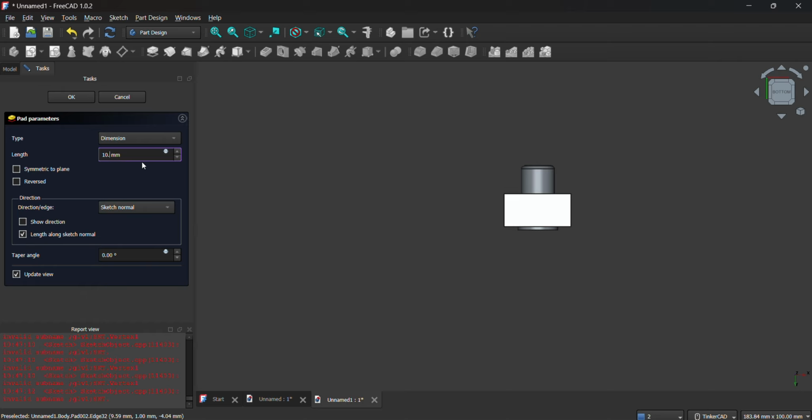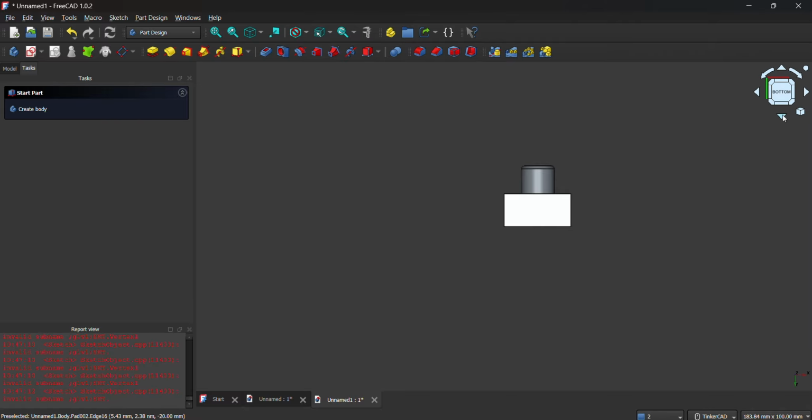Okay, this must not be 10 mm because as you can see, it's going to protrude from the base. From the base, look at this. It's more than this, and it doesn't look like a Lego anymore. So you have to reduce the 10 mm to 9 mm, and you can even make it smaller. Okay, so let's see. See, it's already like that. Okay, now we have a solid cylinder here.